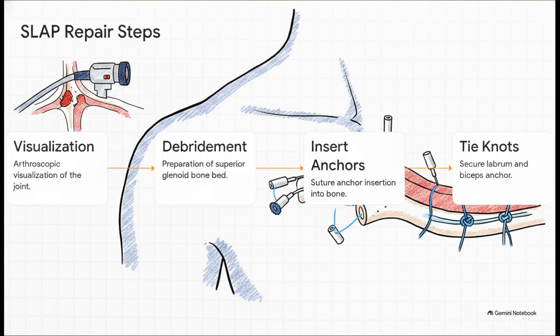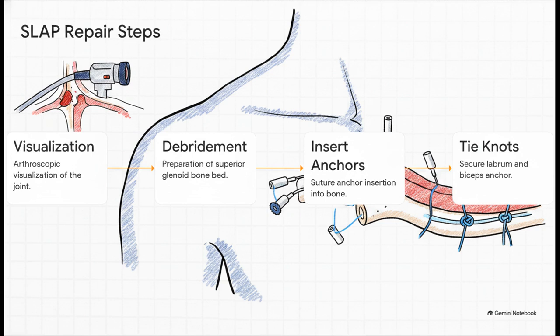A classic SLAP repair is basically a 4-step dance. First up, arthroscopic visualization to confirm the tear. Second, the surgeon debrides and prepares the superior glenoid bone bed. They actually have to rough up the bone slightly to promote a strong healing response. Third, they insert suture anchors directly into that bone. And finally, step 4, they pass sutures through the torn labrum and tie knots to lock that biceps anchor firmly back into place. When you see these steps concentrated in that 11 to 1 o'clock zone, you've got a beautifully